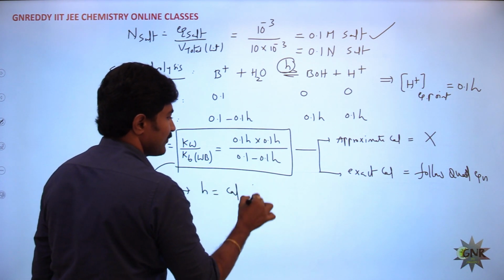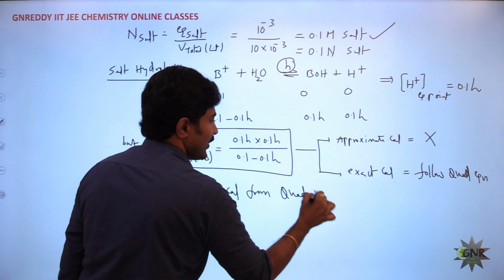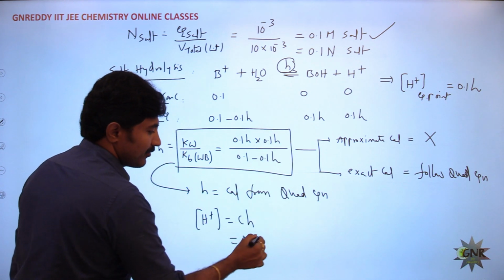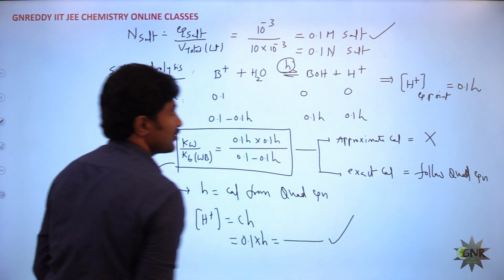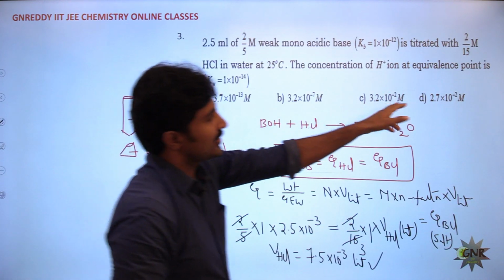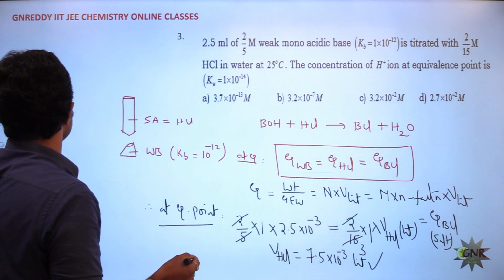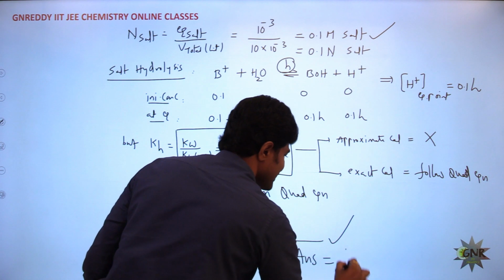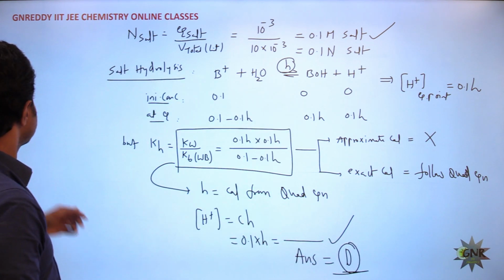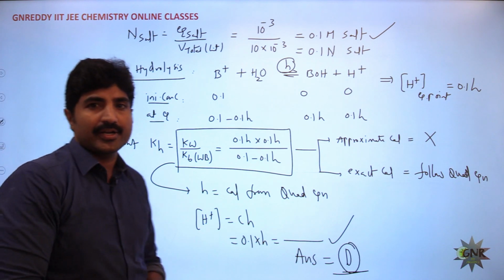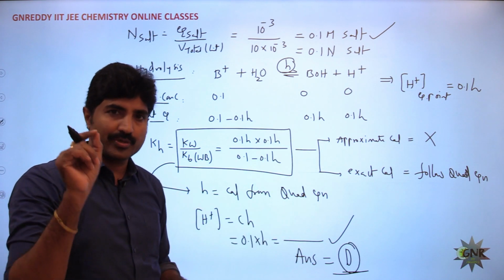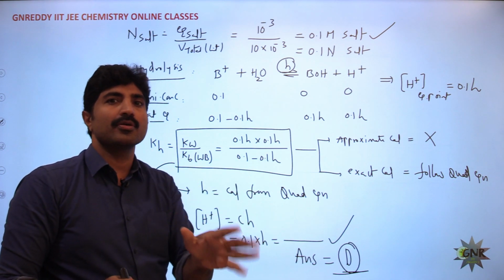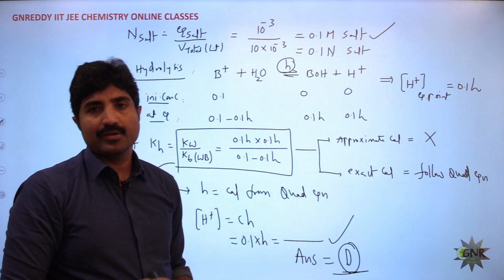You have to find the exact h value by using the quadratic equation, and then what is the H plus value? This is C h, where you already know C is 0.1, and get whatever h value comes. Now in the given options, the last option comes; just verify the calculation part. This is option D. Your answer is D, check it. So this is a question from titrations, weak base versus strong acid titration. Students, follow this precaution: whenever options are closely given, it is better to follow the exact calculation, then only you will get the correct answer.